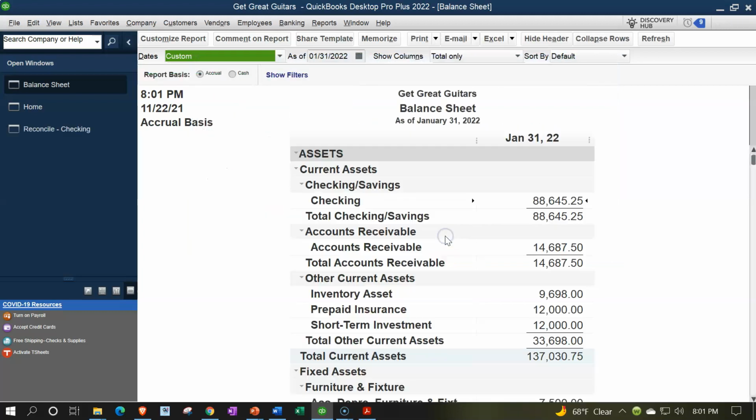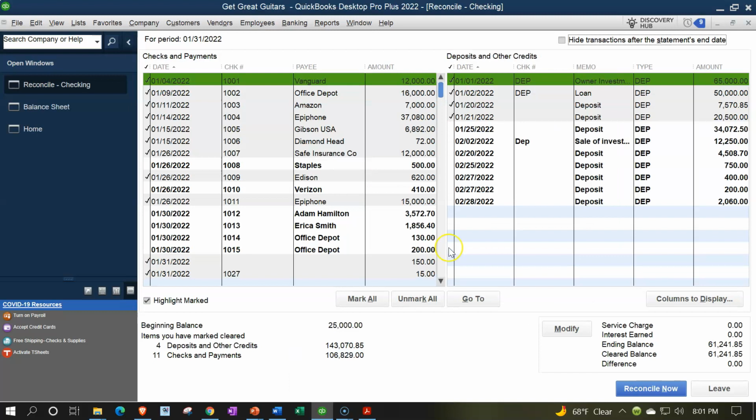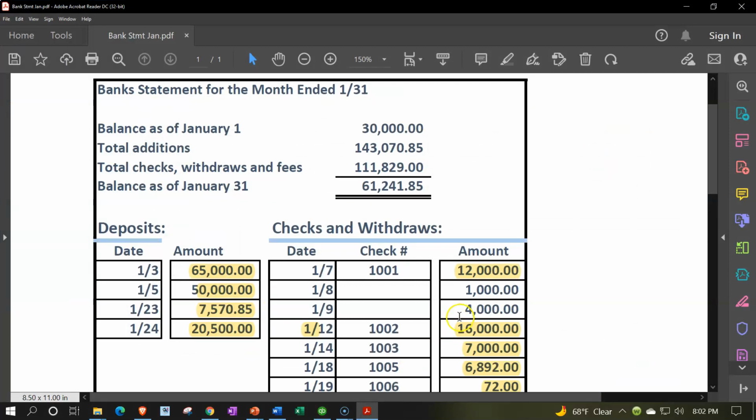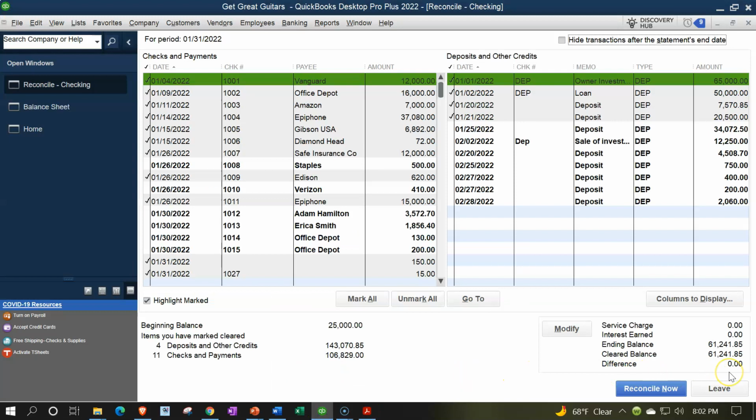And if I continue, we actually still reconcile here, even though the beginning balance is wrong, because the beginning balance and the outstanding checks here are going to kind of net each other out. So that's where we left off last time. We could continue simply to reconcile, and we would be okay to move forward from there because our ending balance is correct, and therefore, the next bank reconciliation will be good to go forward because the beginning balance will be